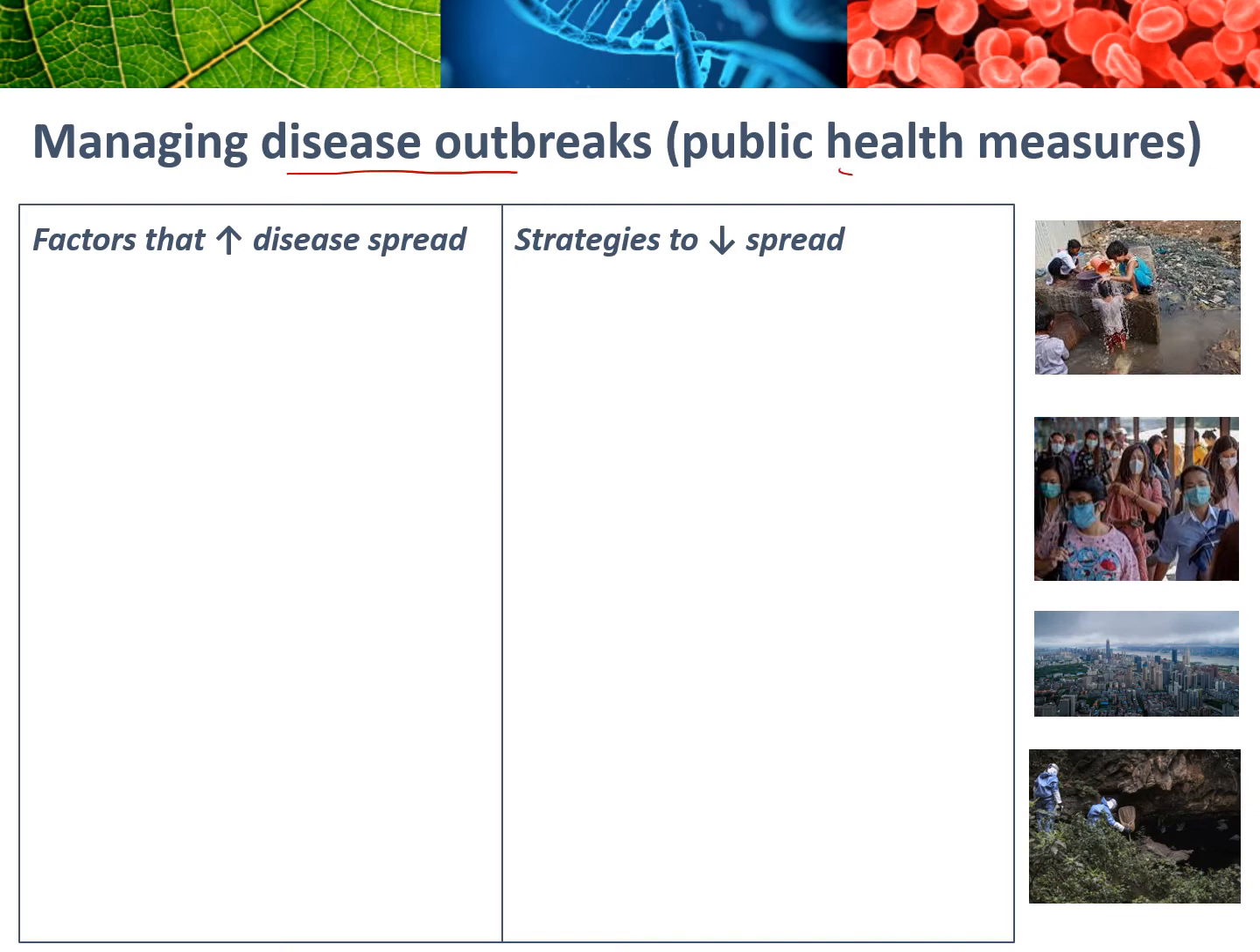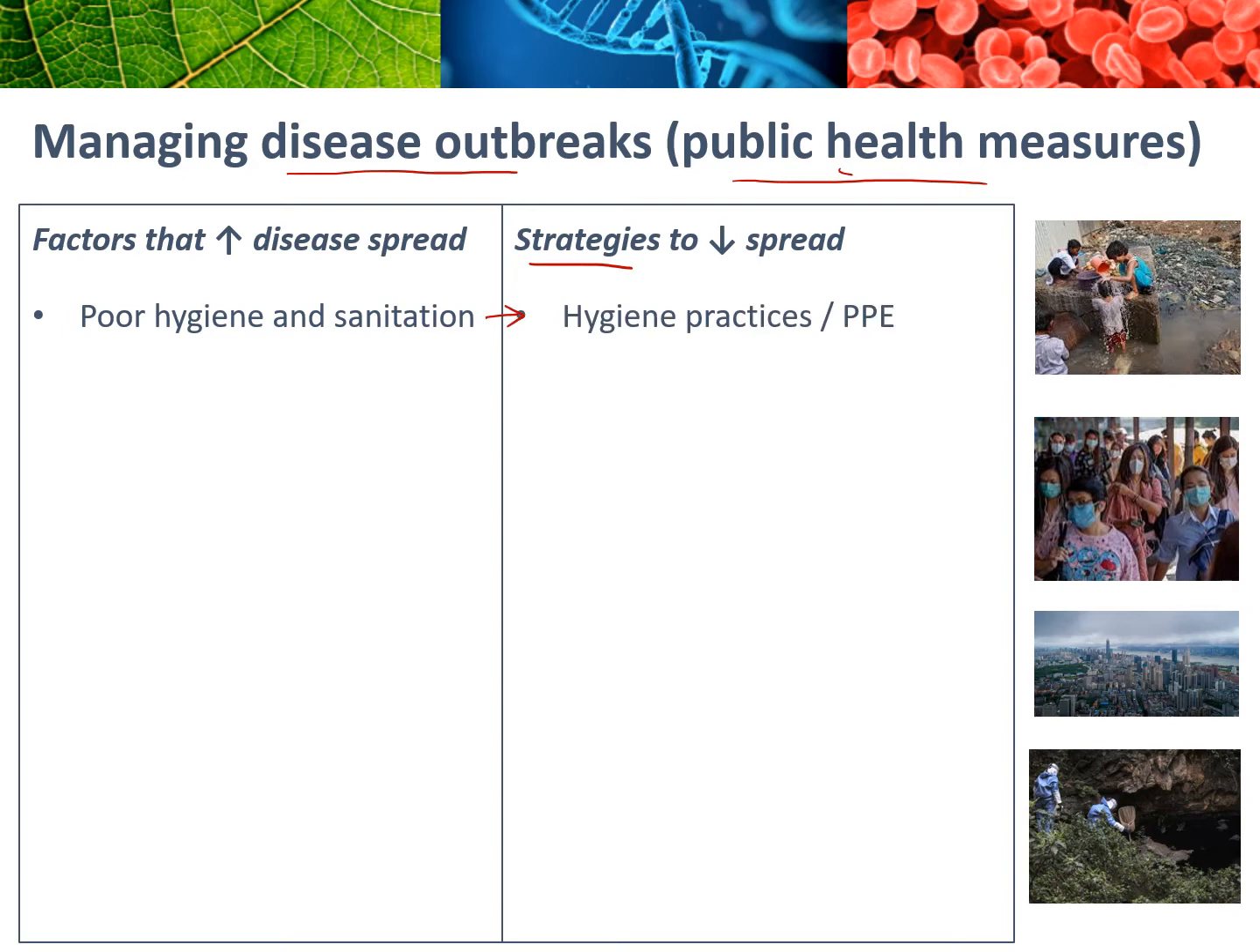Okay, so we're going to start by just looking at a few public health measures. These are probably things that seem a bit less scientific, and you should be familiar with all of these, but the study design does say you need to know strategies to prevent the spread of diseases. So some of the most common factors that would cause disease spread are things like poor hygiene and sanitation. Okay, strategies to reduce that are obviously things like hygiene practices, so washing your hands, having gloves, hand sanitizer, and